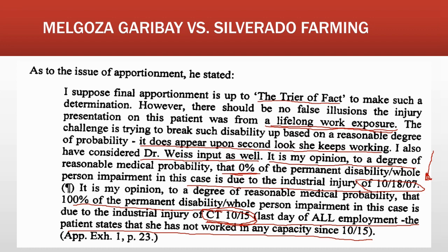So here, the Qualified Medical Evaluator makes his fifth application of liberal construction in providing for 0% impairment to be due to other factors and 100% of the permanent impairment to be due to employers. And he's not specific as to who those employers are, but we know that the case was advanced only against Silverado Farming. So, doctors, can you see some of the uncertainties that exist and the poor explanations that are described